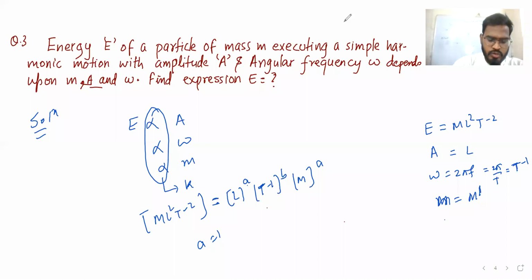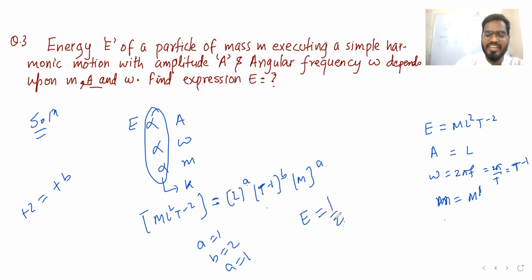Yeah. So a is equal to what? 1. Now find for that, no? Find for what? B. B is T. T to the power here is what? 2, right? There is what? Minus 1. So we can say minus 2 is equal to minus of B. So B is equal to how much, guys? 2. A is equal to what? 1. The formula is going to be energy is equal to actually half.